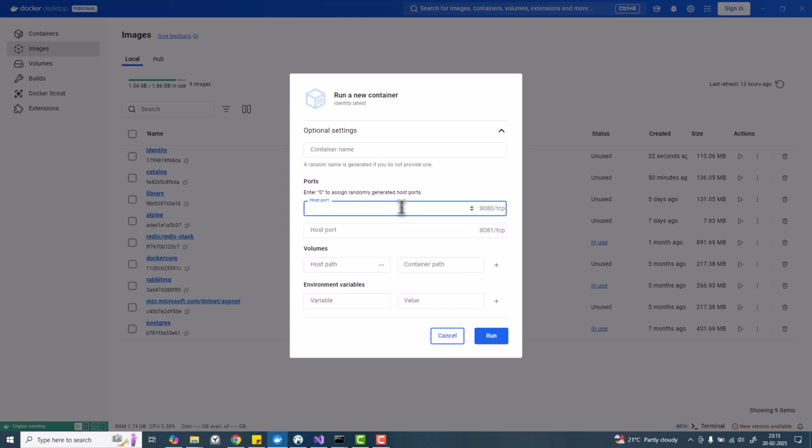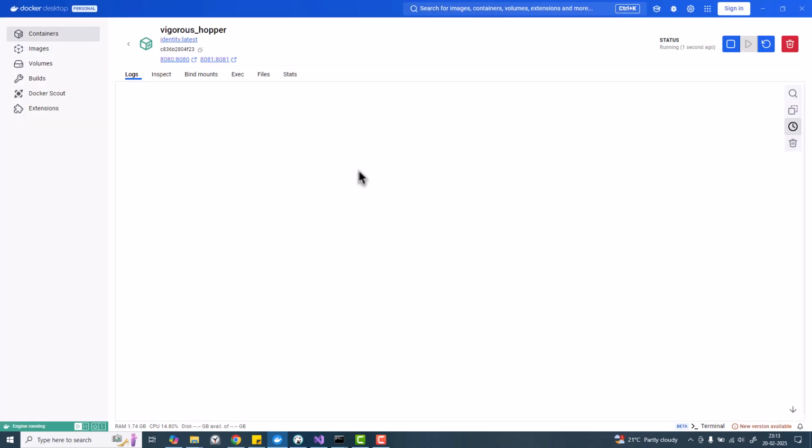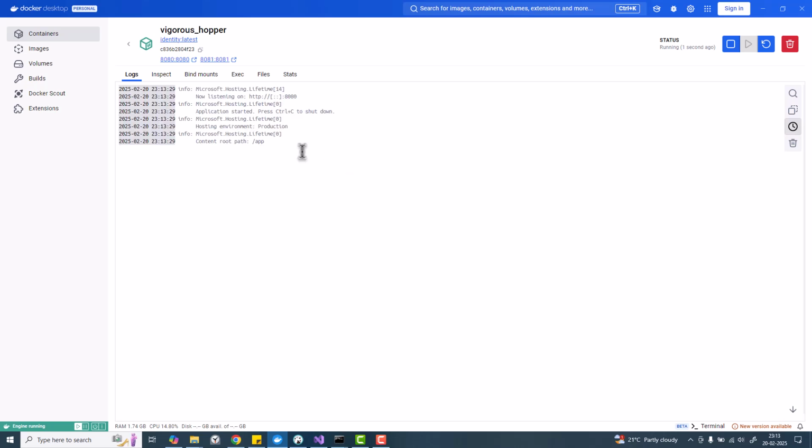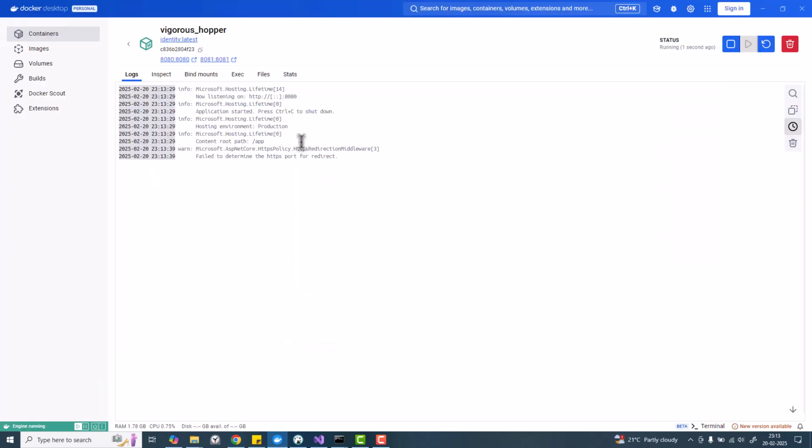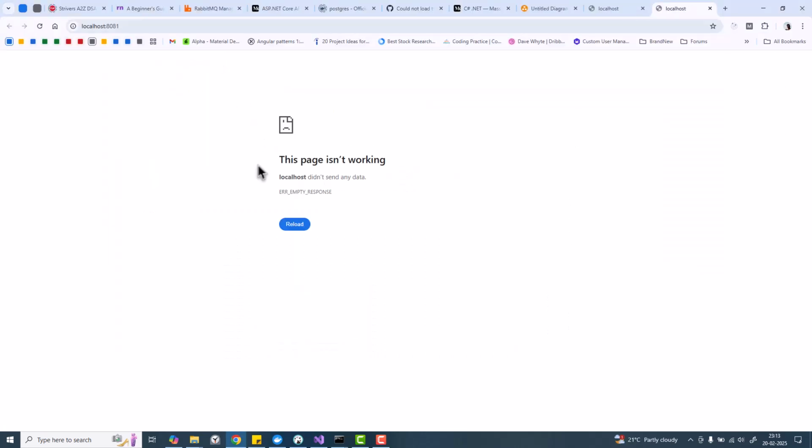And I'm just going to put the already exposed ports and then run. So in the logs you can see that there is no error till now and it's running fine. If I click on these ports here, this is not working, then maybe that is